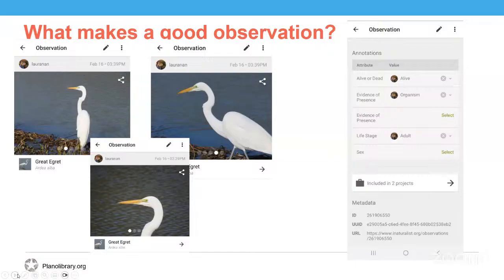Sometimes this is not possible, and that is okay. Zoom out a bit and get a picture of the bug and its surroundings. This is especially helpful if you're photographing caterpillars. Caterpillars thrive only on certain plants, like monarchs and milkweed. So including the plant in the photo can help aid in identification.